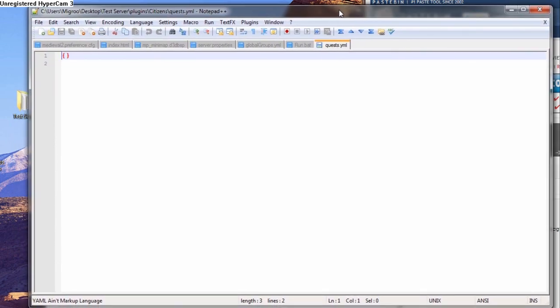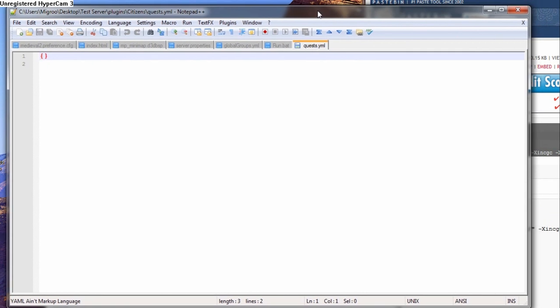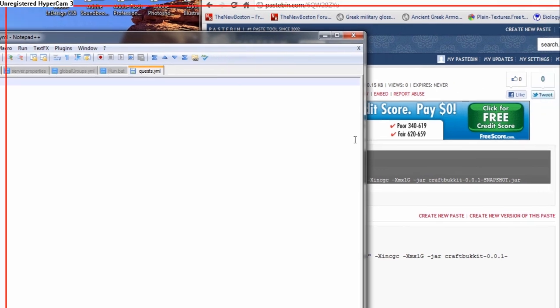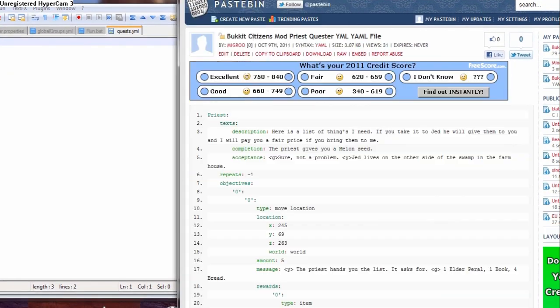Anyway, so as you can see, it's empty right now. There's nothing in here. But I've already written a quest, and I'm going to paste it in here, and I'm going to link you guys over to it so you can copy and paste as you need to. And I'm going to explain kind of what's going on. So hopefully this starts making some sense here.